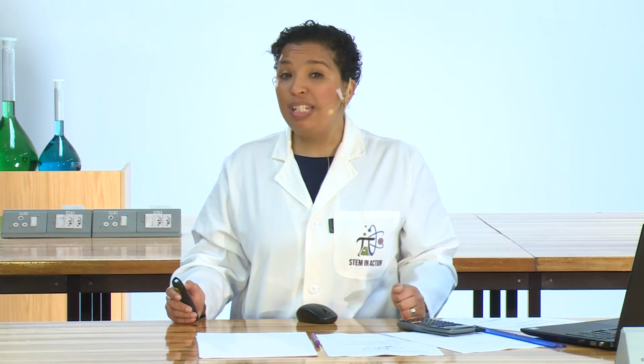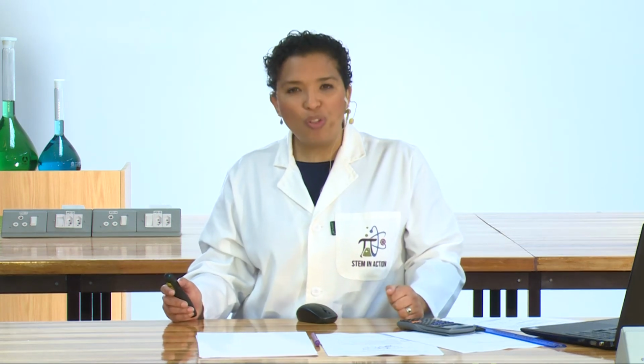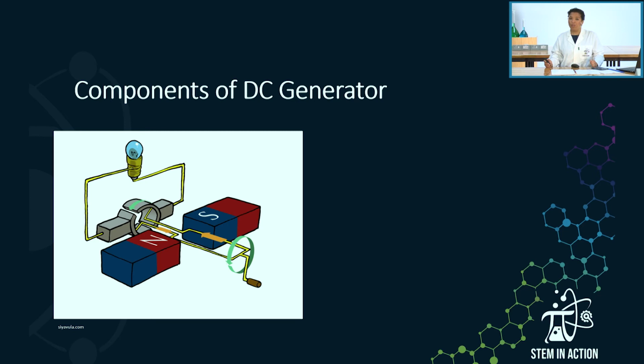This brings us to DC generators. Of course, in the same way that we need to know the components of an AC generator, we need to know which components make up a DC generator. So you can acknowledge that it looks pretty similar to the AC generator, but let's see how they differ. Number one, where we used to have two slip rings, we now have one split ring commutator. There we have it,